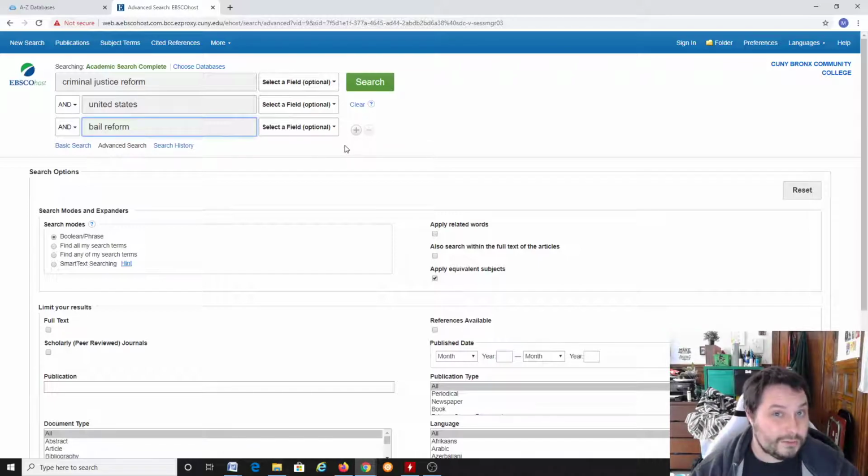It can sometimes take up to 3 years for you to get a trial after you've been accused of a crime. And if you don't have the ability to post bail during that time, that means that you can spend 3 years in prison while waiting to be tried for a crime you may not have committed. New York has some serious problems, and bail reform is kind of one of the ways that people are thinking about approaching those problems. So if I use that as a specialized term,